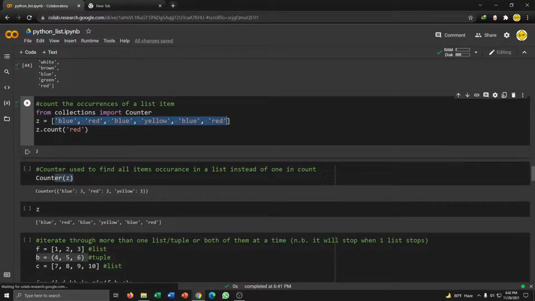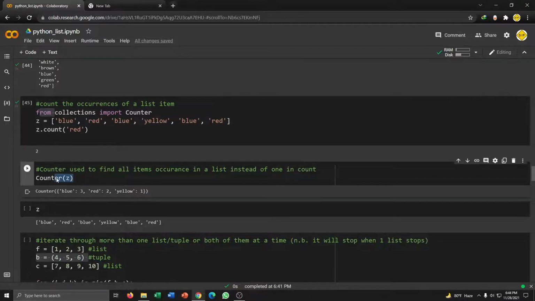Then we need to use Counter. Before that, we need to import it. If we write Counter(z), then we will find all items' occurrences, like blue is 3 times, red 2 times, yellow 1 time. Okay, so